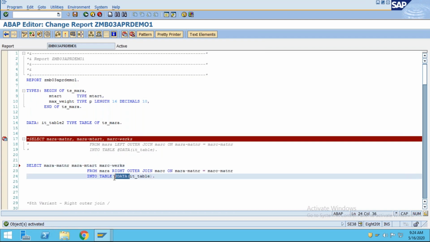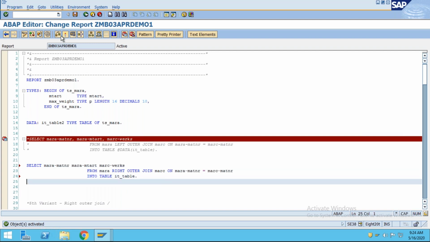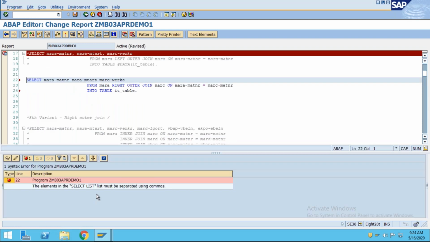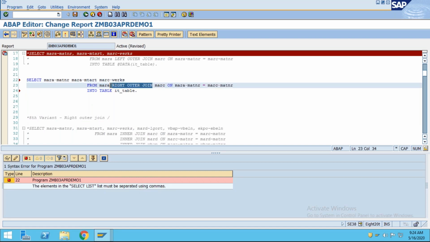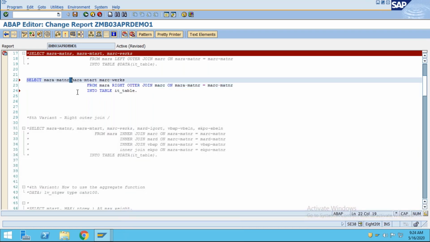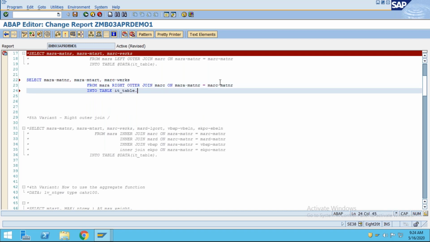Check the syntax. You can see the select list must have separating commas. Why? Because I'm using the right outer join, which is only supported in the new OpenSQL. So give the comma. Mara, all these things are fine.